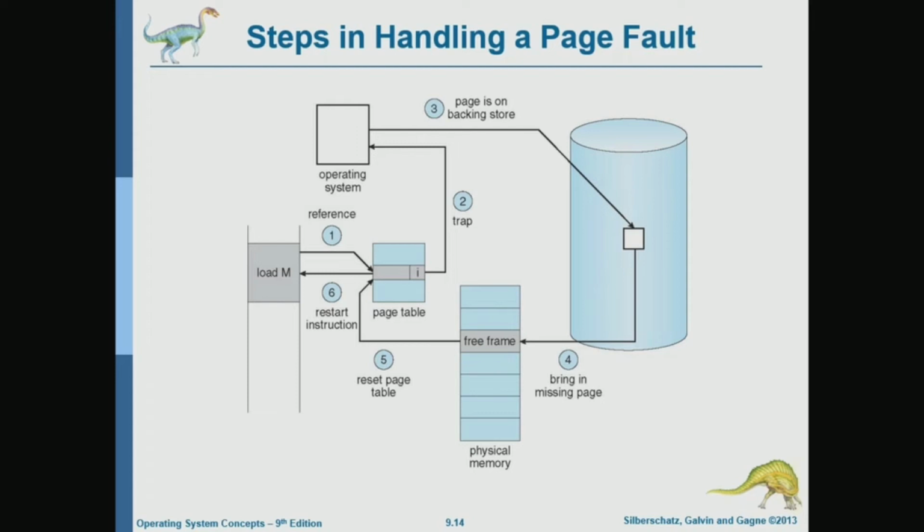Now, how will the system know? There is a bit that we'll talk about later. There is a dirty bit that is associated with each frame indicating whether it got modified since it got loaded or not. If it got modified, we need to copy it back to the disk. If it did not get modified, there's no need in copying that to the disk. And all we need to do is copy the new page into this frame